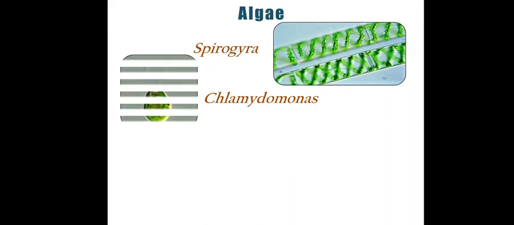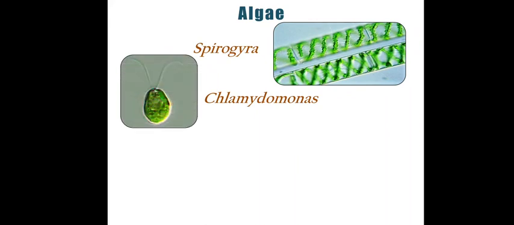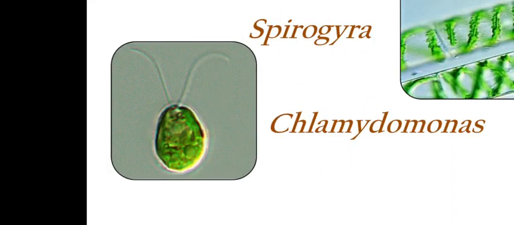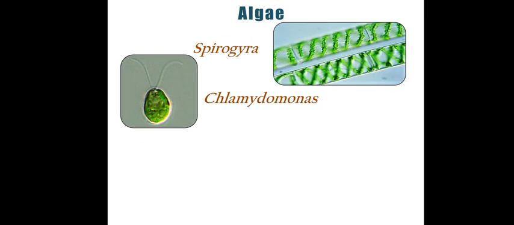Similarly, there is another algae example, Chlamydomonas. Chlamydomonas are unicellular algae. Remember, single cell algae. The structure in the book or in other images will be different, but this is the real picture of Chlamydomonas. As you can see, it has two flagella. These flagella are hair-like structures which help the Chlamydomonas swim in the water. So this is a single cell organism, an alga.